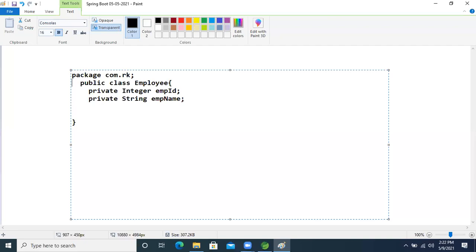Then, if needed, we can implement only one interface, guys. If needed, implement...